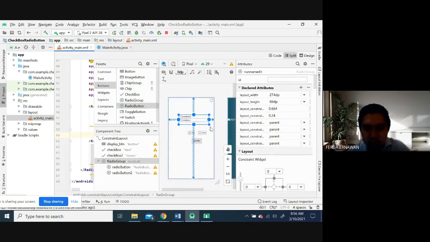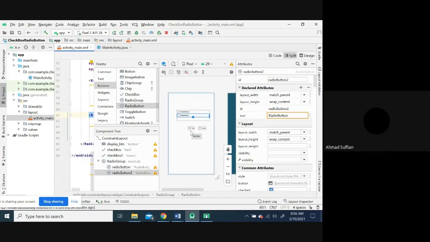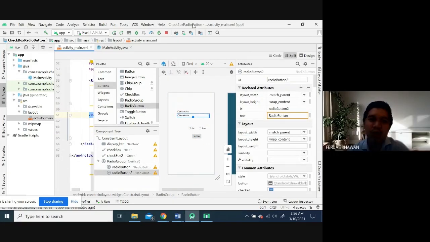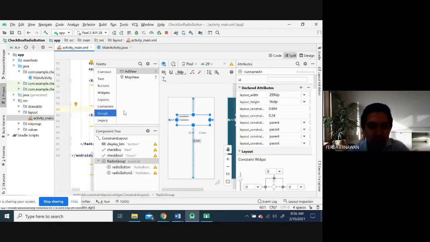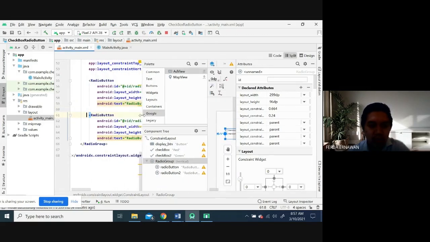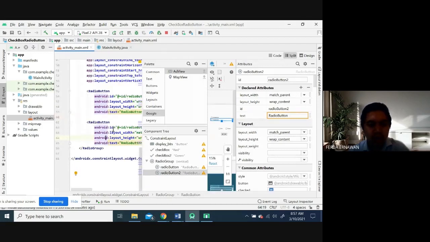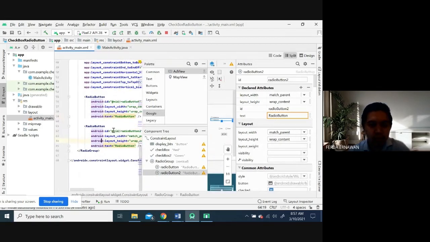Which one do you prefer? Match parent or wrap content? Number 2. Wrap content. Boleh. Saya klik ya. This one, ini. I try to edit through XML. So you have to be familiar with both, ya. Okay, this one.